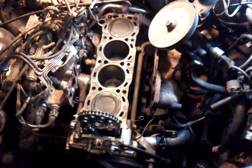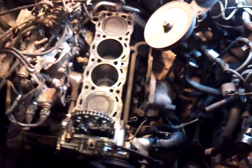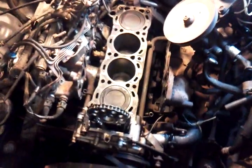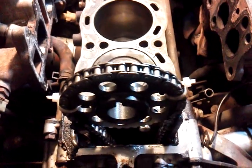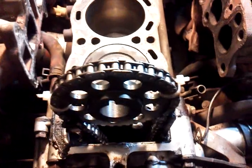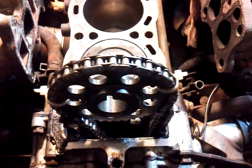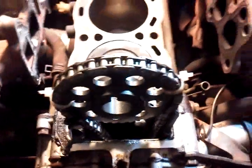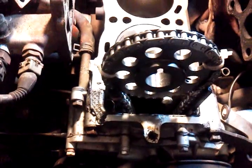As you can see, I'm putting the heads on this 22RE. Yeah, I'm pretty far into it. I just changed the timing chain about, I don't know, probably 1,000, 2,000 miles ago, because both timing chain guides broke and the tensioner disemboweled itself, so I had to go through all that, and I ran across a real good deal on Amazon